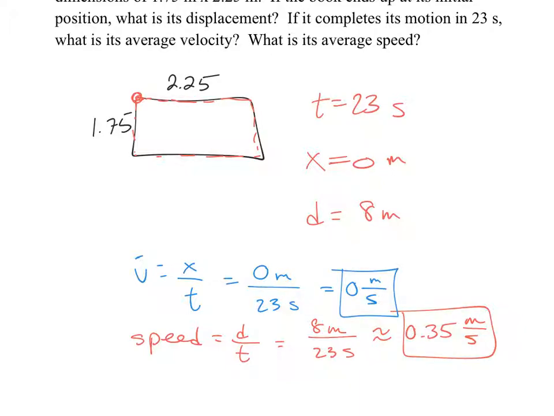So these are my 3 answers. This is what was asked of me. I was asked to find the displacement, the average velocity, and then the average speed. Although it didn't ask me to find distance, I needed distance to be plugged in here to get speed. So I wrote it down anyway. See what I'm saying there? And this is not the question asked of me, these 3 were there.